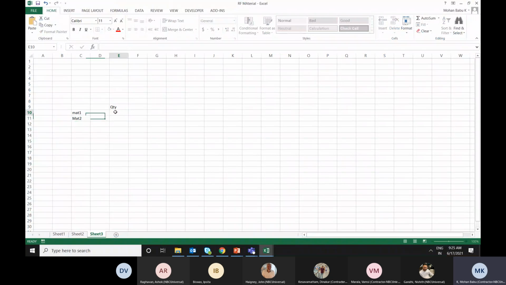If the quantity is 1 and 1, the allocation percentage is split across the sum of the two materials, which is 2, so it is divided into 2. We allocate 50% for the first material, and 50% for the second material.